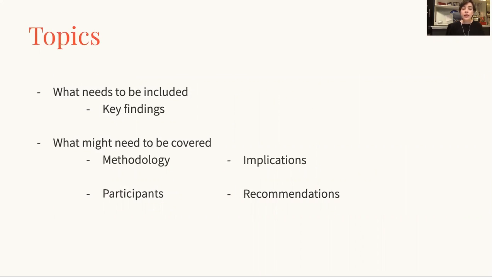A findings report needs to include key findings. That's the obvious biggie. Were there any patterns discovered during these tests? Was there anything that was made clear or any new questions that arose as testing was underway? What themes appeared across sessions? You could also include other things if you find it relevant for your team, including methodology, how we did this test; participants, who we talked to and what they said; implications, what these findings mean for the assumptions and questions we wanted to test; and recommendations. What do we do now that we've found all of this out?